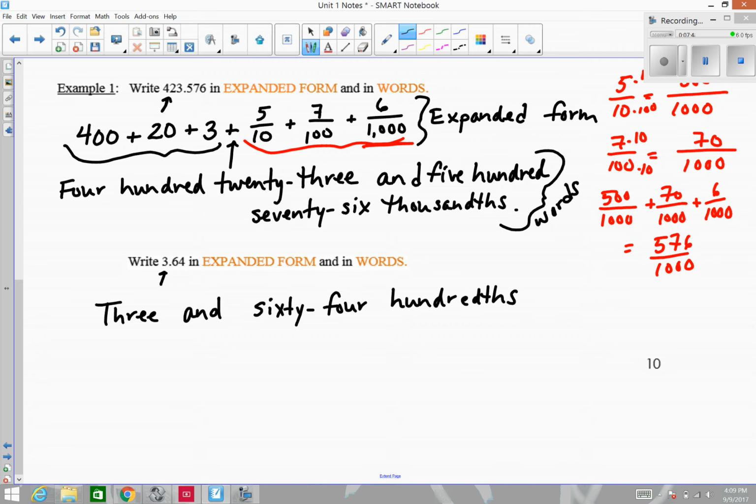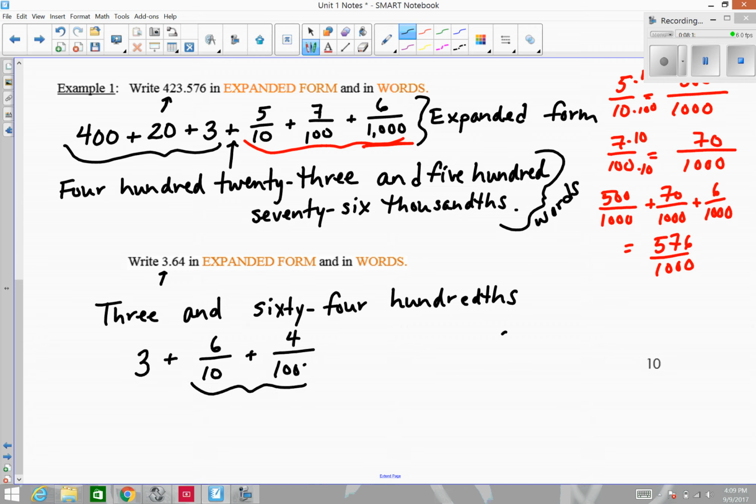Now I did this one going straight to the words without showing how you added all the fractions together. Let's write this now in expanded form. We would have 3 ones plus 6/10ths plus 4 hundredths. And if I were going to now show you how to combine these fractions to get to the words,